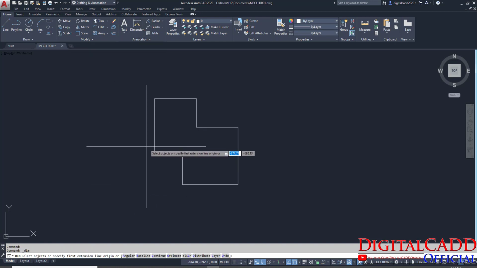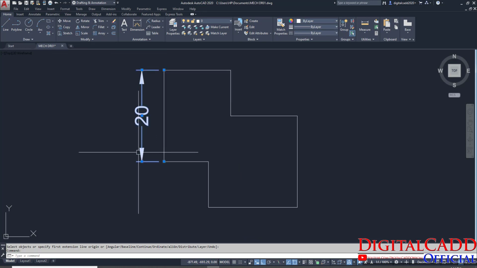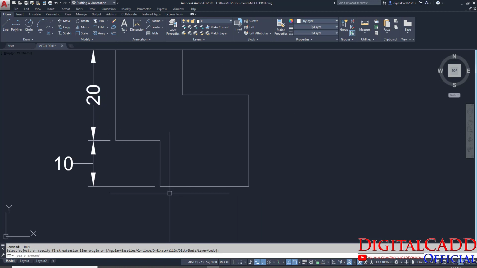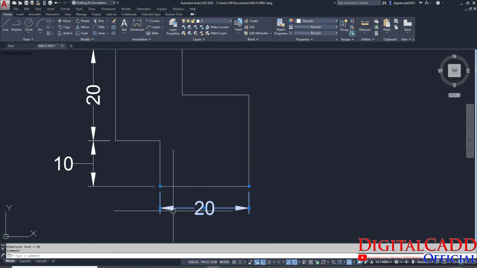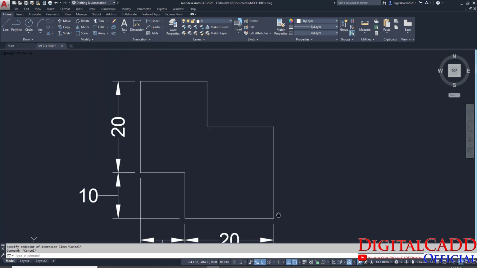Let's apply the dimensions. Select here, click here, and this continuous line select like this. Otherwise the linear tool is very important. Continue, here we have.